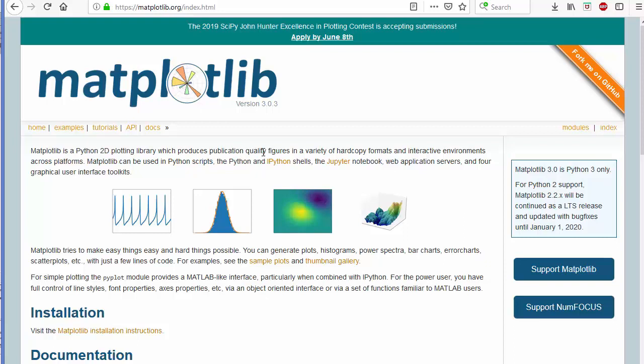publication quality figures. So it's primarily a 2D plotting library, but it's widely used with OpenCV to display graphs and images and histograms. So we will see how we can use matplotlib with OpenCV. It's also written here that for simple plotting, the PyPlot module provides a MATLAB-like interface. So first of all, let's see how we can install matplotlib, and then we are going to see how to